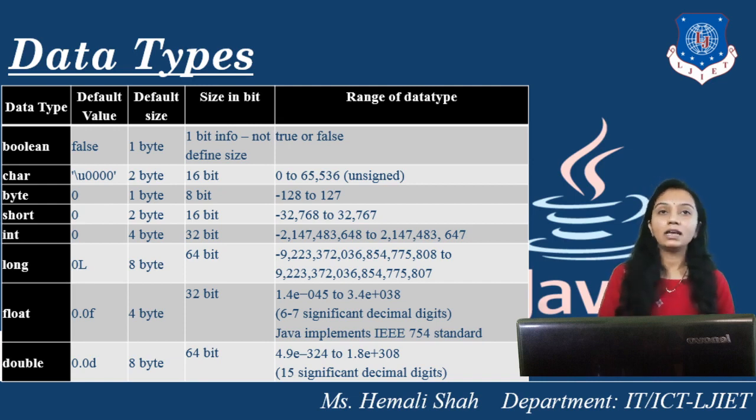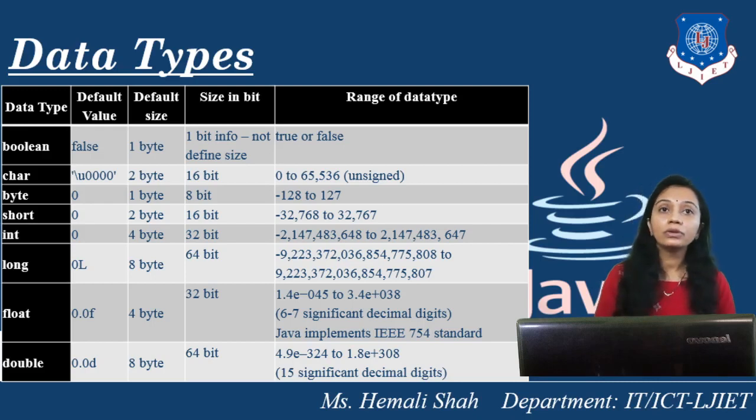So which kind of data it stores, and what is the range of this data that we are going to store in a particular data type, right? Say for example, someone told you that I want to store a single character. Then you have to decide the data type. What will you decide? You will take the variable data type as char, because I want to store single character data, right? That's why.